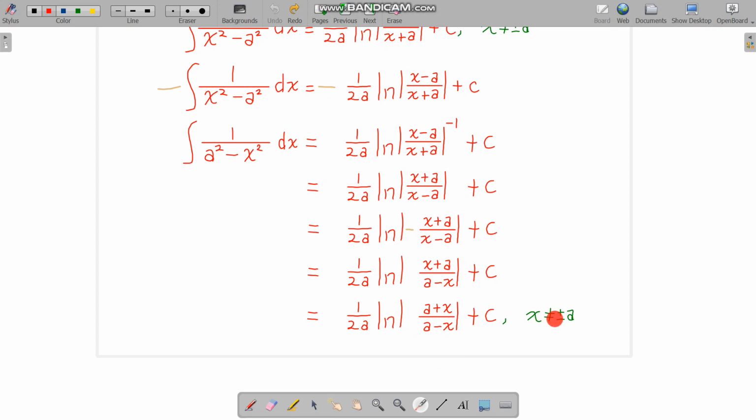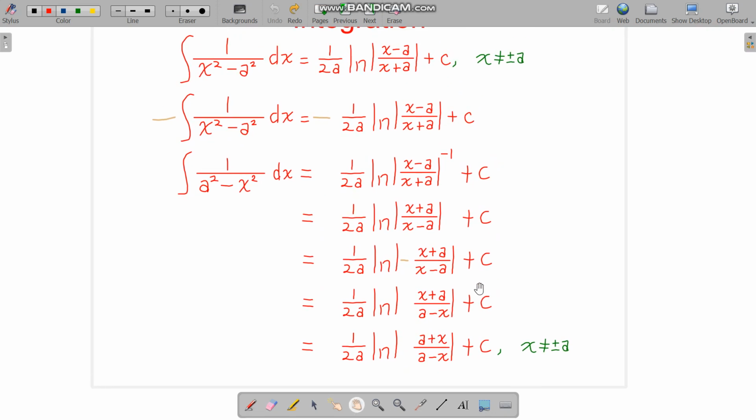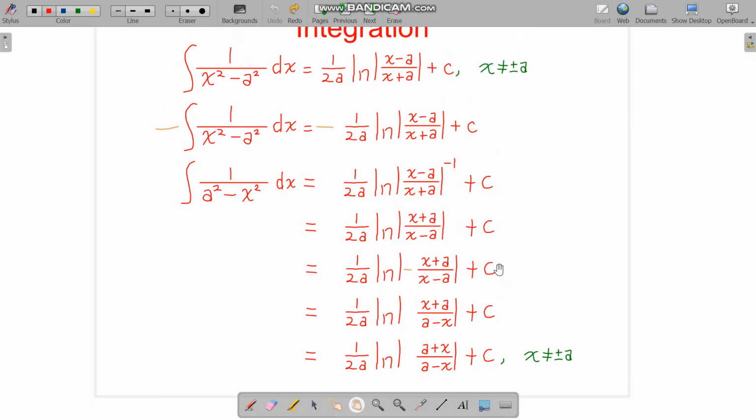And again, x cannot be plus or minus a. And in MF19 again we have this kind of strange